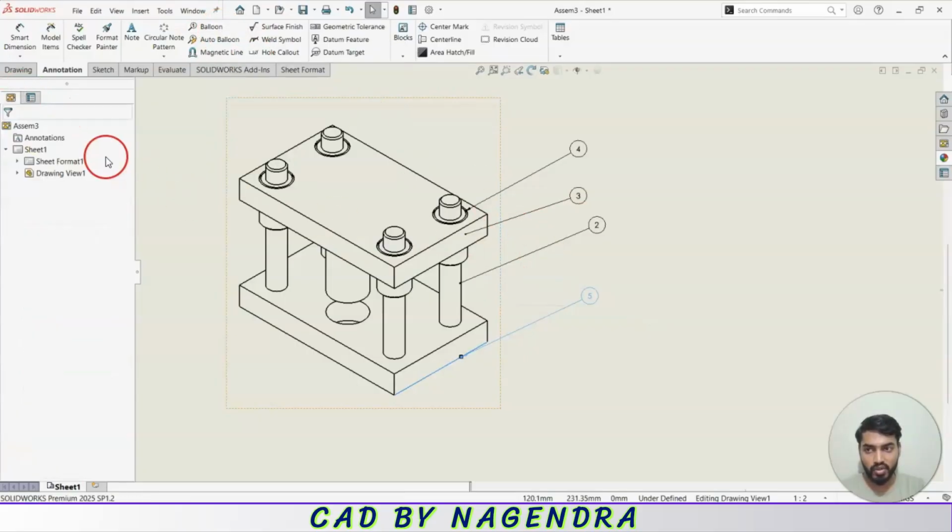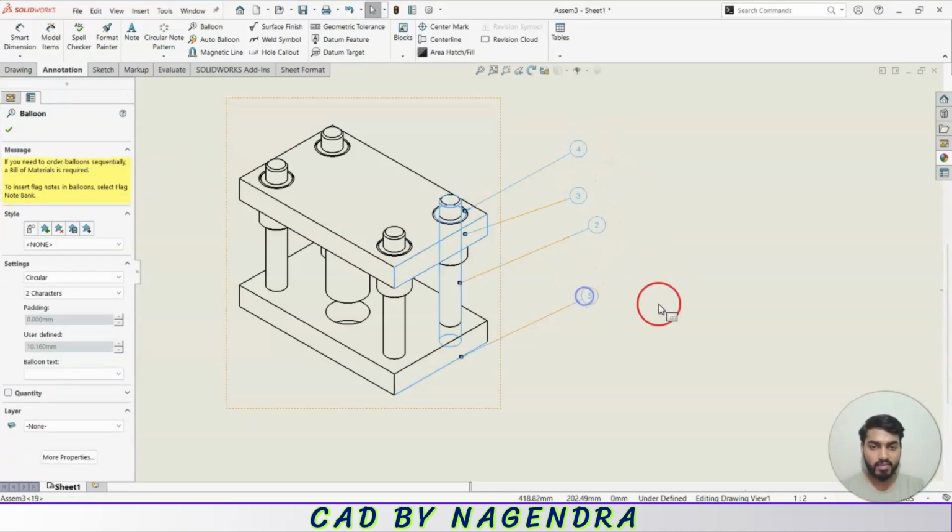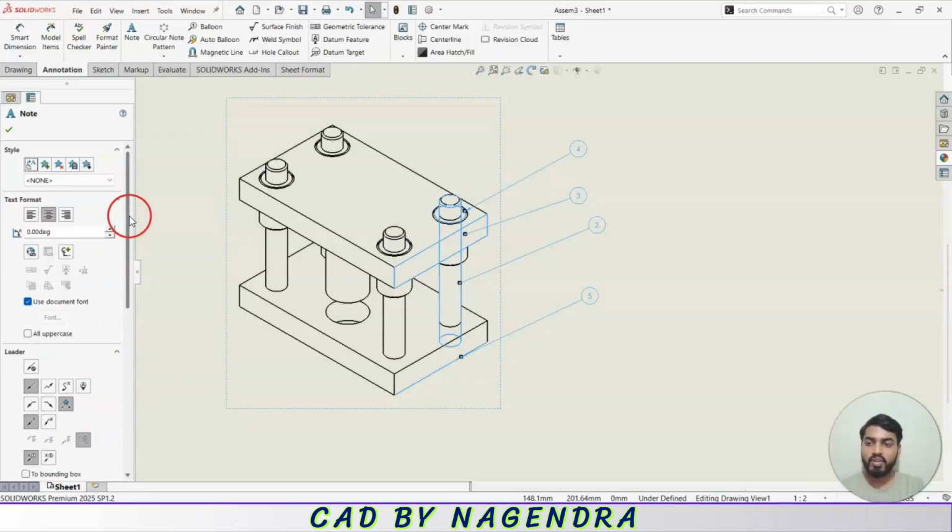I hope you have understood about this. Now, if you want to increase the size of these balloons, we can click like this and select all balloons. So come here, and you can go to more properties. So here you will get